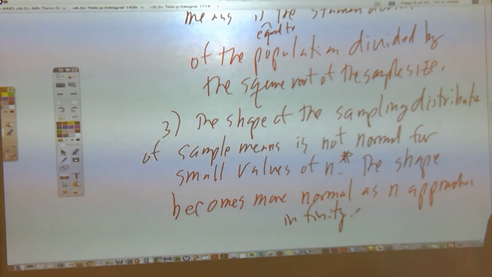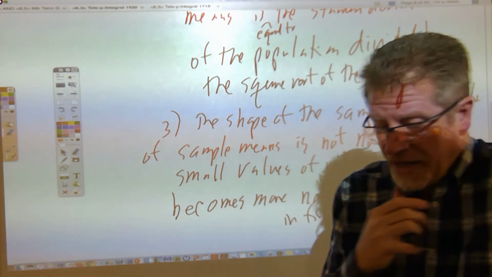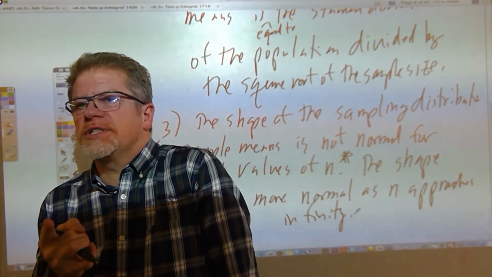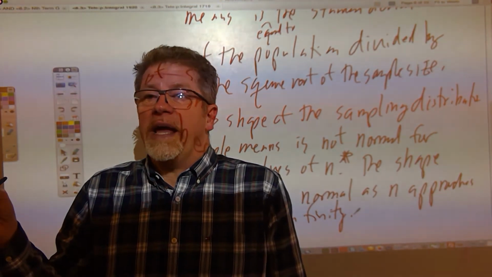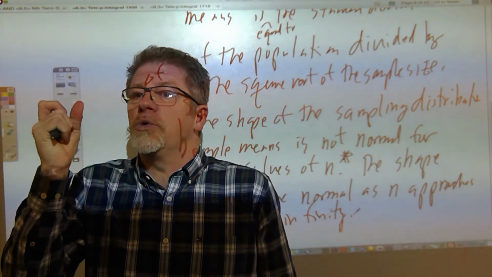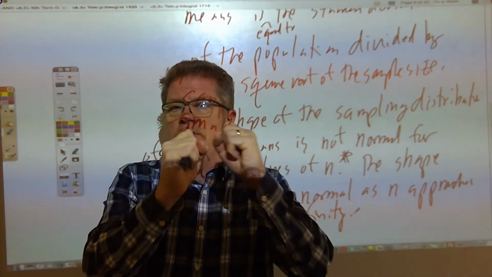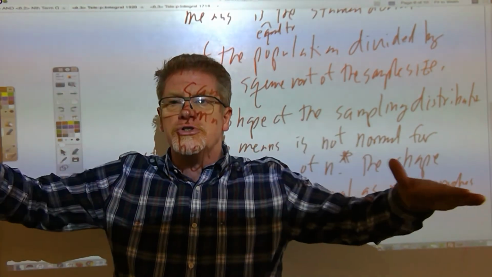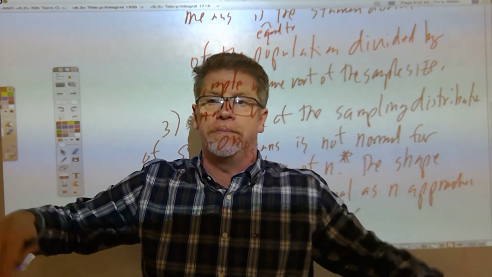Jack, you had your hand up. So the sampling distribution of sample means, is the sample means, is that X bar? Those are X bars. Imagine a sample of size little n equals 10. 10 people stand up. We measure them. We get those 10 heights. We add them all up and divide by 10. That gives us X bar. That's one sample mean. And then 10 other people. We get another sample mean. And then we get an entire sampling distribution of sample means. If we have an infinite number, then a normal model will be appropriate.